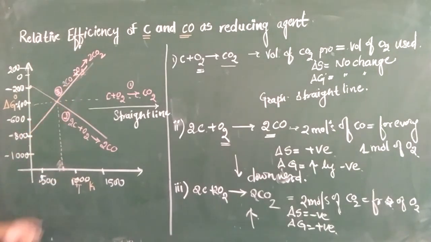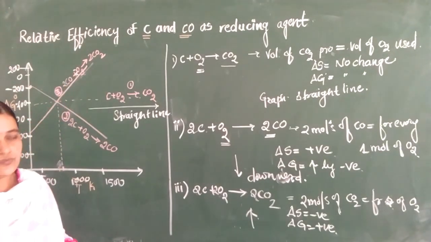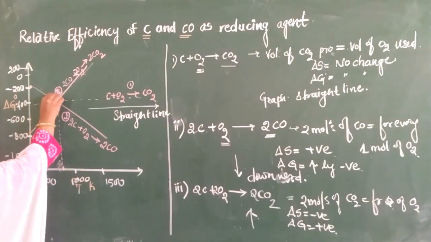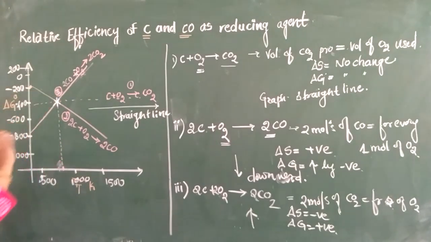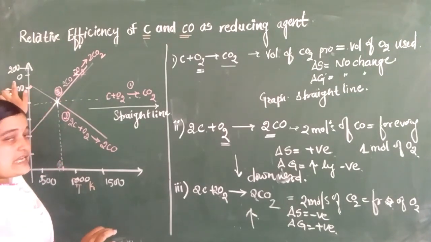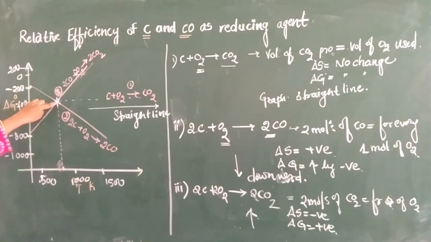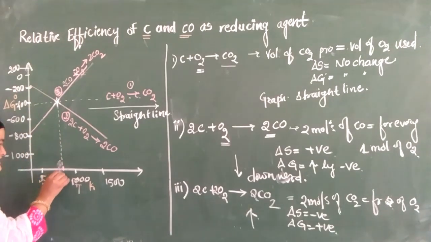So what will be the conclusion based on all this? The conclusion is, at this stage, the delta G naught versus T curves intersect with one another. This is the intersect point. The curves of the graph delta G naught versus T will intersect with one another at a particular point, isn't it? This is the intersection point of the graph. Our temperature is 710 degrees Celsius.